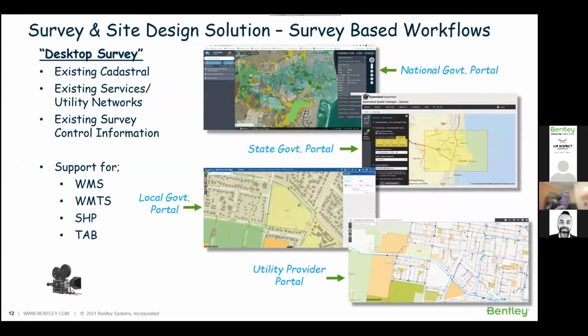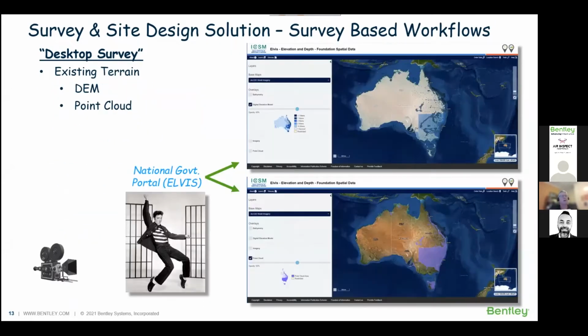In addition to GIS type information, there is also terrain-based information that Geoscience Australia freely provides in the form of DEMs and point cloud data for a large area of the populated area within Australia. It is actually called Elvis. And in this example I'll run through,